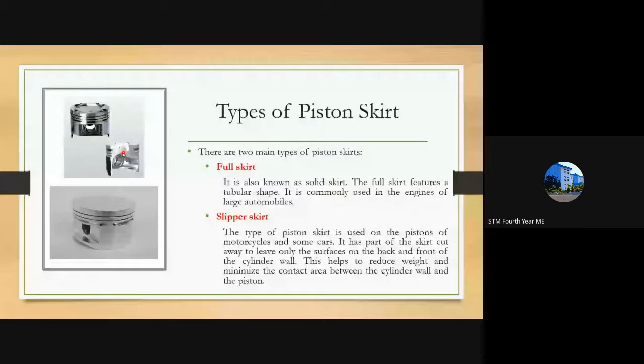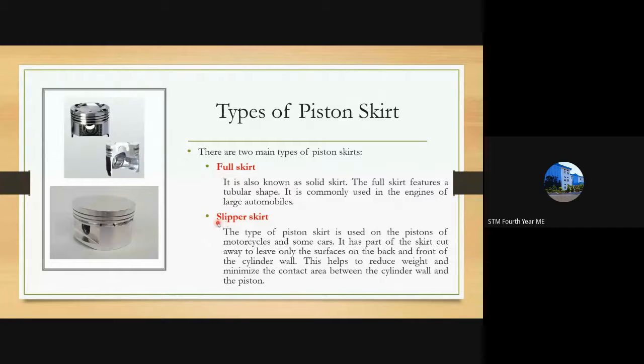So you can see this is a cross section of the piston. This is the same piston, and when we look underneath it, you can see a hollow part. Okay, it is not a completely solid piece. The underneath portion is the place where it is hollow, and normally the skirt region is completely hollow. So if it is seen in this design, it is called a full skirt piston skirt. Okay.